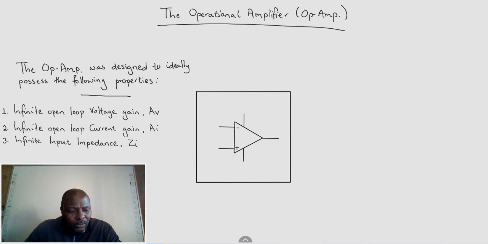Now we also design our op amp to have zero output impedance. That is by design. But why would we want zero output impedance? We don't want our amplifier to impede our output. We want our output to come out freely. So by design, it should have typically